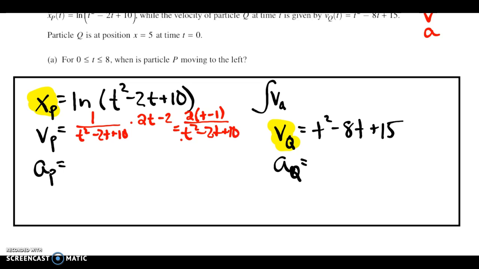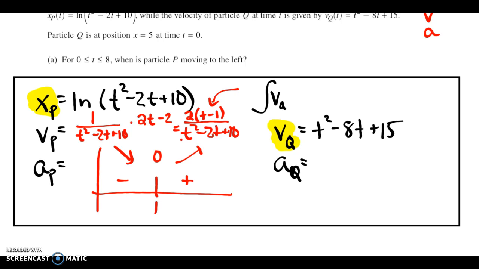So to figure out when this particle is moving to the left, we have to check the velocity. Where would the velocity be 0? The velocity would be 0 at 1, because I have a 1 there, it makes that value 0. After 1, the velocity is positive, so it's increasing or heading to the right. When it's negative, it's decreasing or heading to the left. That means that the particle is moving to the left between t equals 0 and